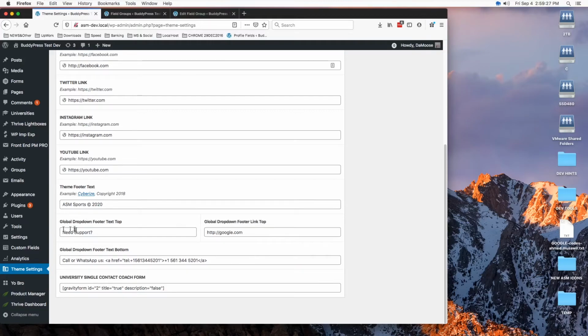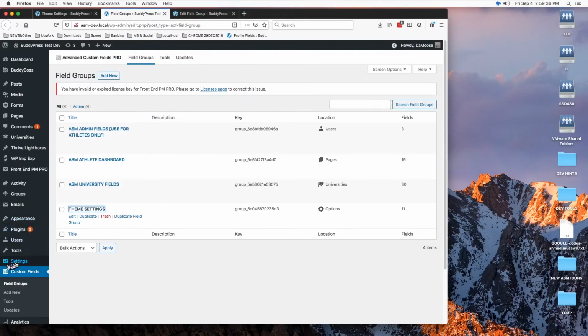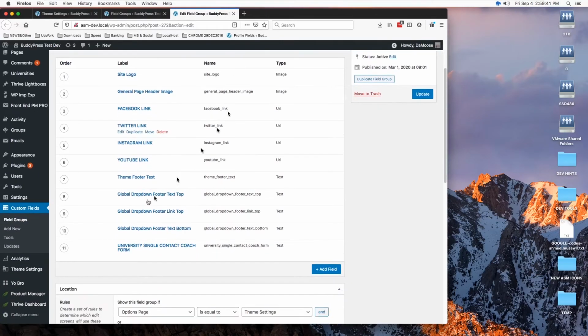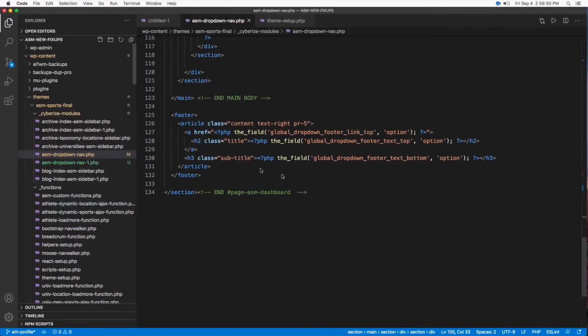At this part, this global drop-down footer, need help, the links and all the text necessary. These are coming from this custom field theme settings, going all the way back, and here's all your global footer text. These are the variables, and we are calling them at the footer with this ACF function, the field, and the field name and the option as an attribute, just like we did